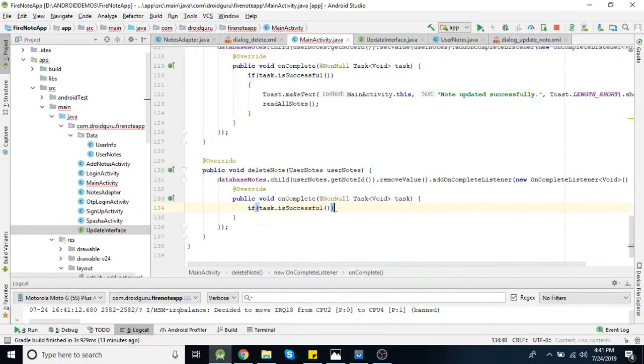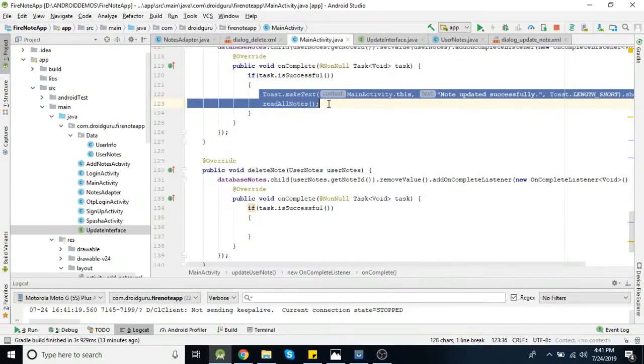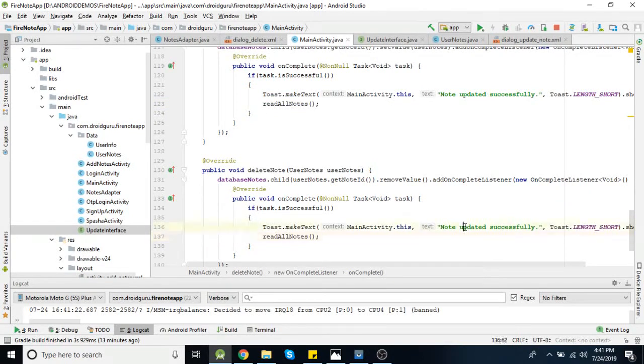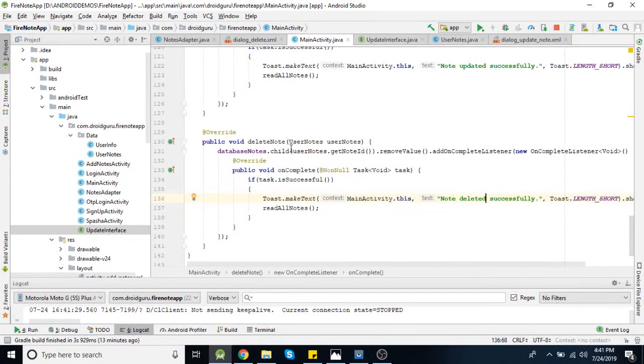If the task is successful, you can show the success message, and simultaneously we need to call this function because we need to show the updated data to the user. So node deleted successfully. You just need to set the ID of the node which you want to delete and call this remove value method for deleting your nodes.